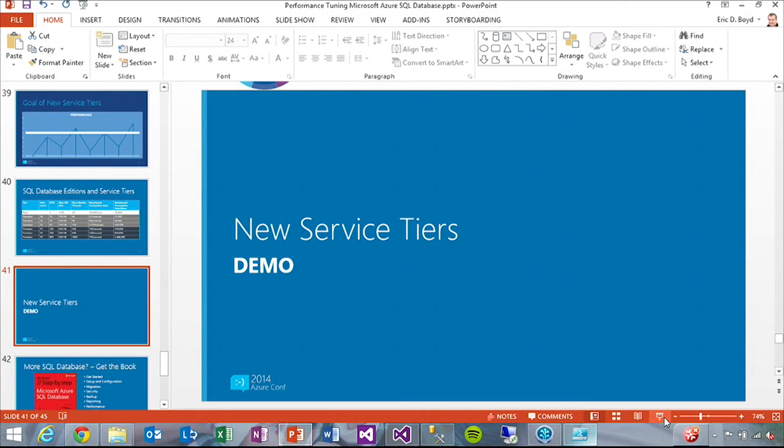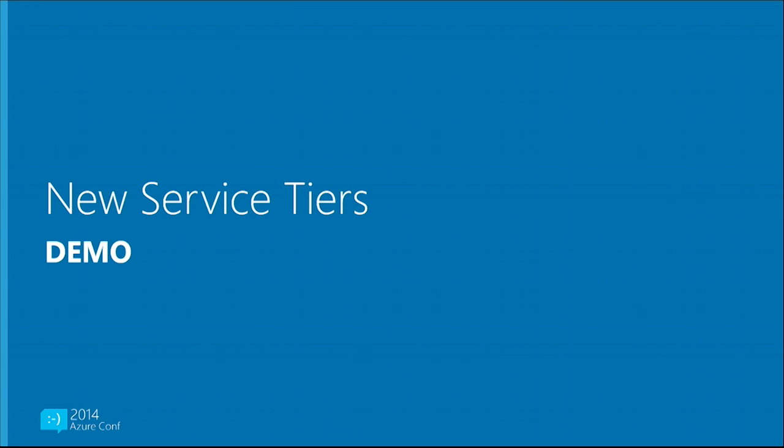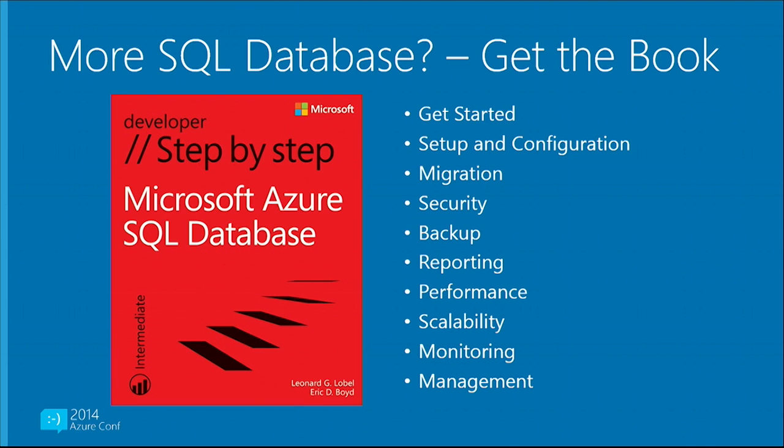All right. So we've talked about a lot. We've talked about monitoring. We've talked about scaling both up and out. So scaling up with the new service tiers, scaling out by partitioning and sharding. We've talked about managing connections using the transient fault handling library and Entity Framework 6's retry mechanisms. So we've covered a lot of SQL Database material and ground, but there's tons more that you could learn about